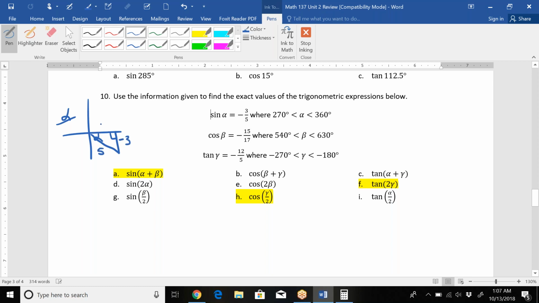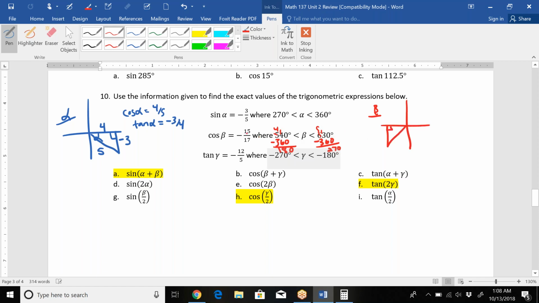Use the Pythagorean identity and find out that this side is positive 4, because in quad 4, x's are positive but y's are negative. So that means I can also write that cosine of alpha is 4 over 5 and tangent of alpha is negative 3 over 4, just in case I need those. To do beta, you probably want to subtract 360 from both of those since these are too big. That would be 0, 180 for this one, and that would be 270. So for beta, we're in the 180 to 270 range,